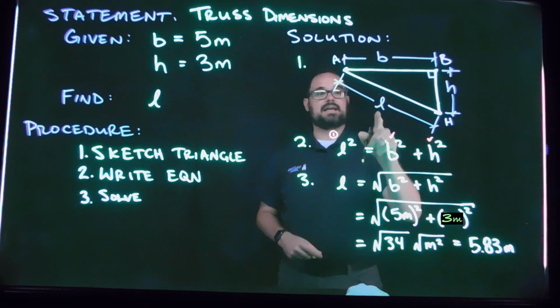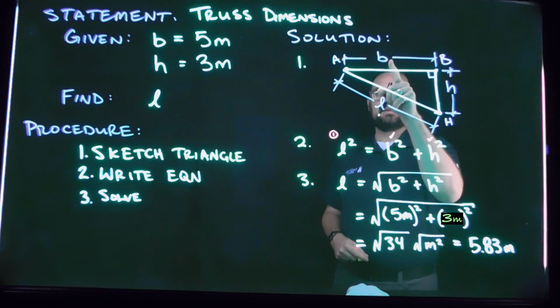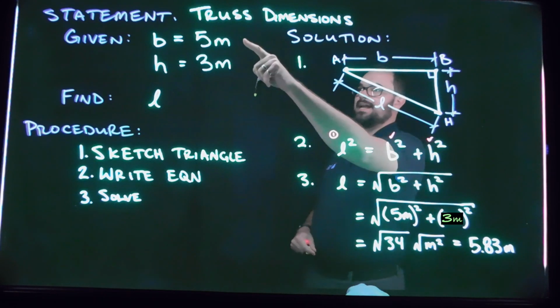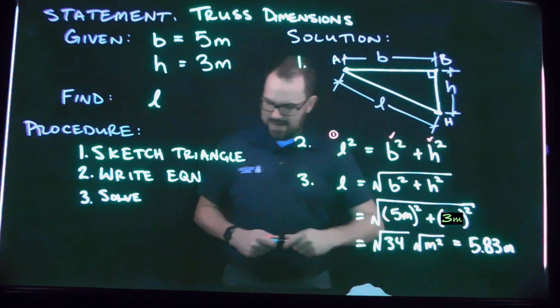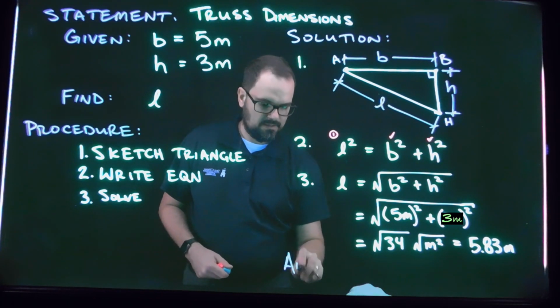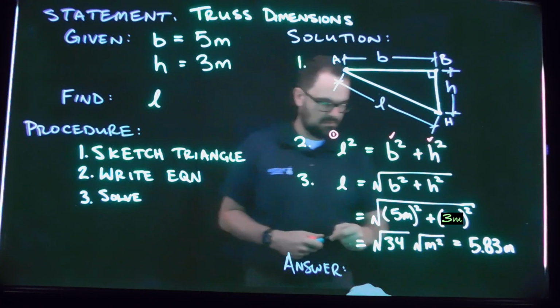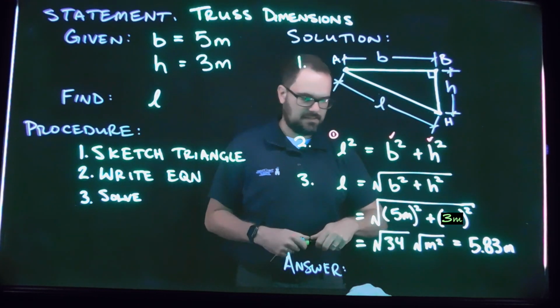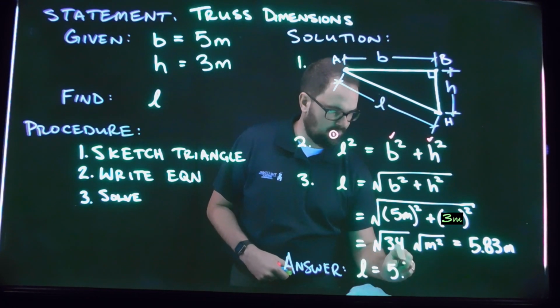We'll double check this as a reasonable solution, where we'll see that 5.83 meters is longer than both B and H at 5 and 3 meters. And so our overall answer that we would report would simply be L equal to